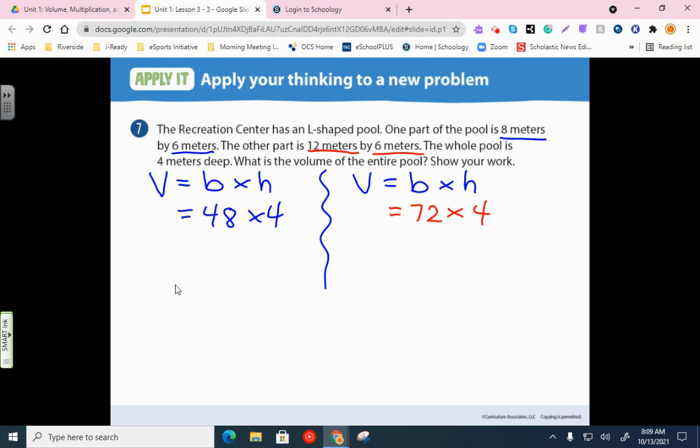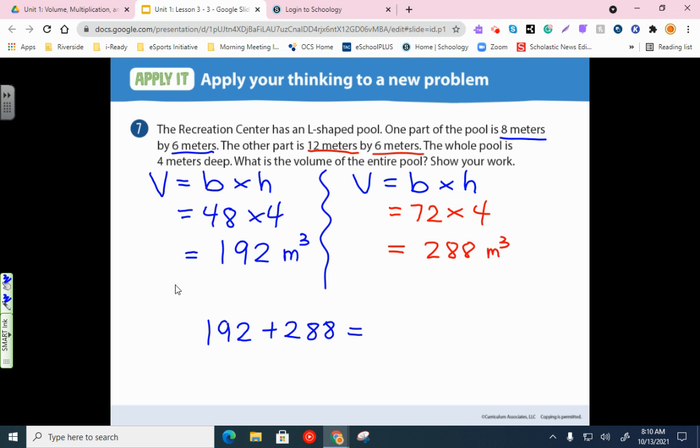For this, I'm just going to give you the answer for it. 48 times 4 is 192, and these are cubic meters. I know that 72 times 4 is 288 cubic meters. And we're not quite done yet. What we have to do is add 192 plus 288, and that will give us a total of 480 cubic